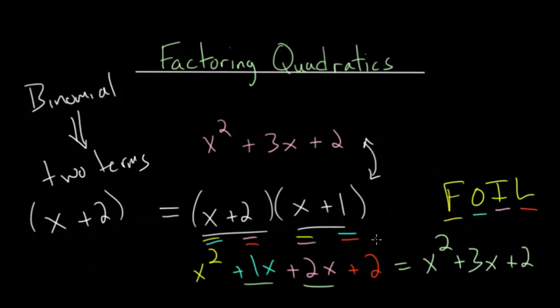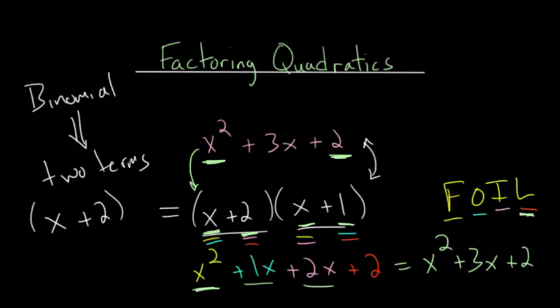What I want to show you is that going from this quadratic expression to this factored form is essentially using the FOIL method, but in reverse. So let's see if we can notice some patterns here. The first terms multiplied together in the FOIL method, this x and x, form the x squared term. Whereas the last ones, the plus 2 and the plus 1, notice that they multiply together to give us the constant term in our quadratic